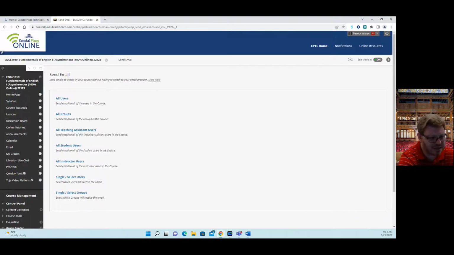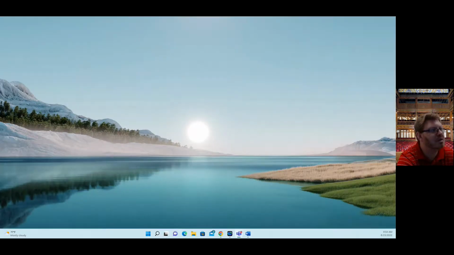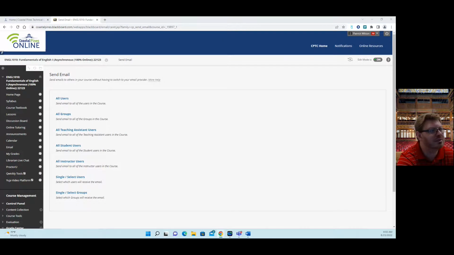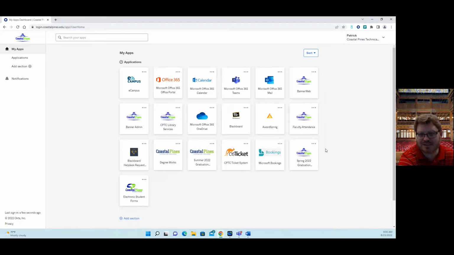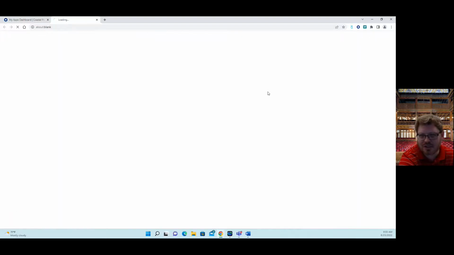But that will be easy there. Let me pull this up real quick. So when you initially log in, you're going to look at where it says My Apps. And again, as I explained in the handout, Blackboard is right here. That's going to be probably the most used app this semester, especially if you're taking other classes. Your email account is right here. So it's basically diagonal, up and to the right. So if you click there,